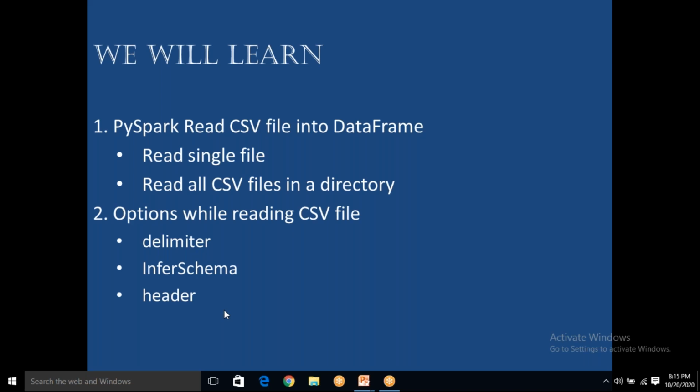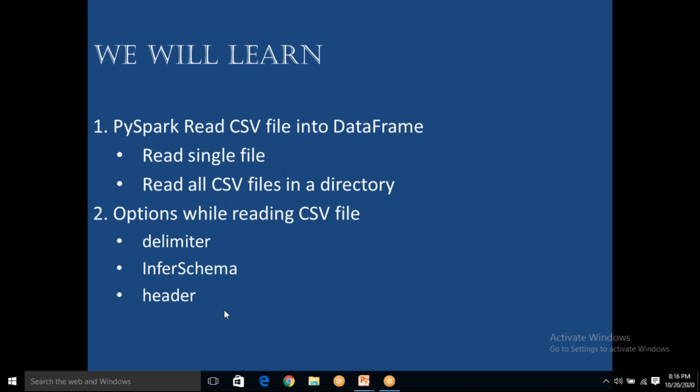Remember. Next, what is infer schema? This particular option is available even in Azure Data Factory. When we learned Azure Data Factory, we have seen infer schema. Infer schema means you will have data, and from that data you want to understand what is the data type of each column. How do you know the data type of each column? Spark by default considers each and every column as a string. You read the data, and by default it will consider everything as a string.